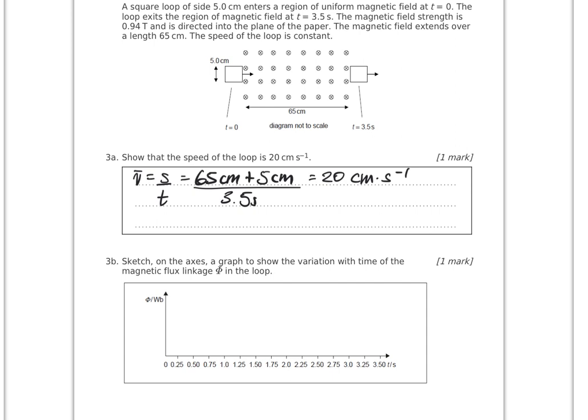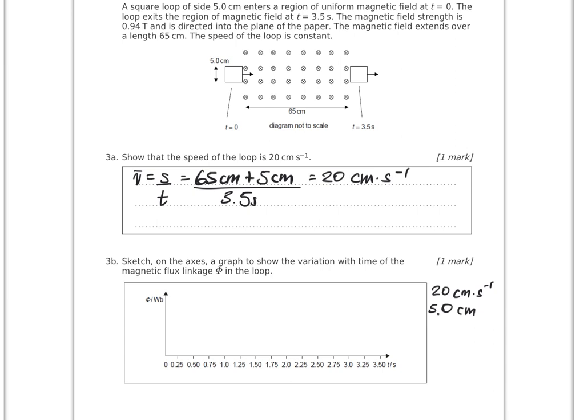The loop is moving through the field, so there is a change in flux. So there will be a flux linkage, or in other words, an induced magnetic field in the loop. And so we know that the loop is moving at 20 centimeters per second, and the loop itself is 5 centimeters on a side. So as the loop enters the field, we start being outside the field with 0 flux,